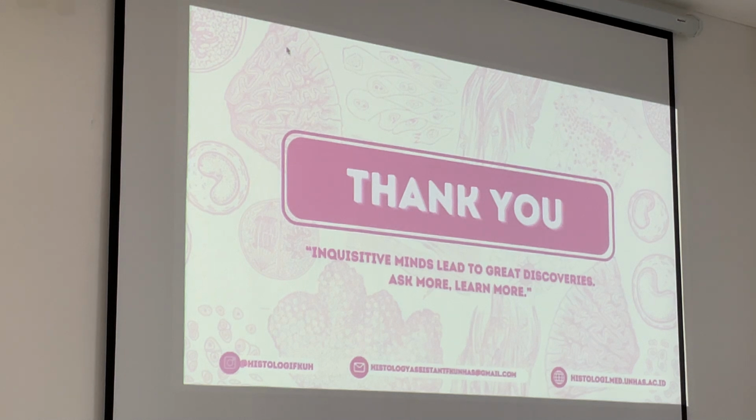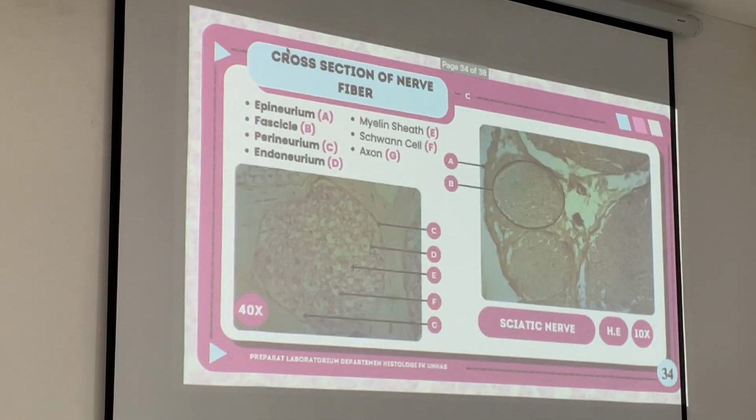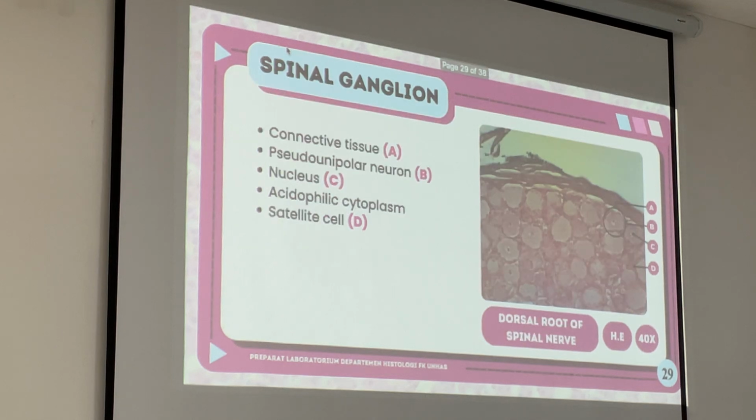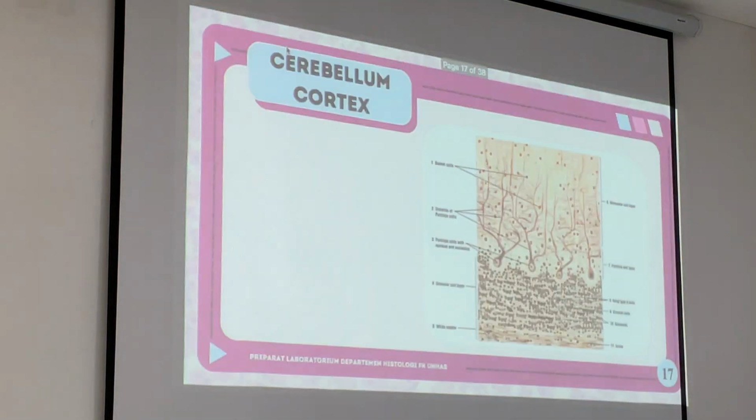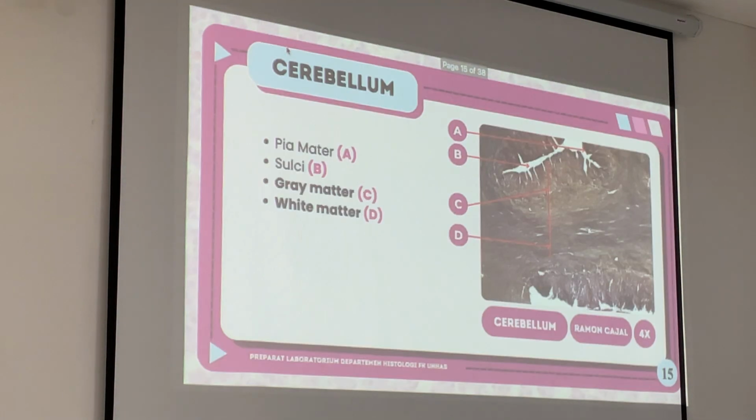Any other questions? From Dr. Tuti's questions, you already know most of it. Just learn more so you don't make mistakes. One more thing: in the nervous system we have common structures, such as this one, cortex cerebri or cortex cerebelli. You have to mention which one, not only cortex, but which cortex, cerebri or cerebellum.